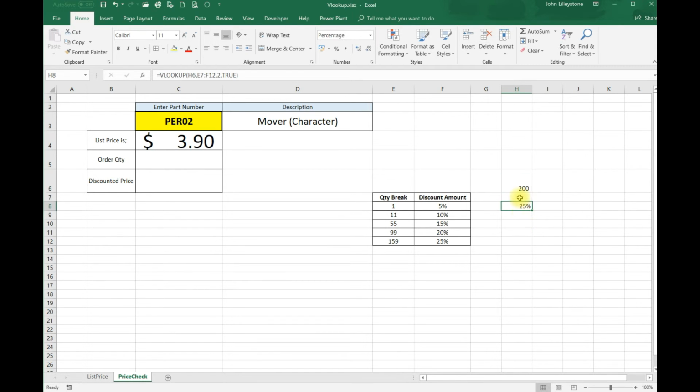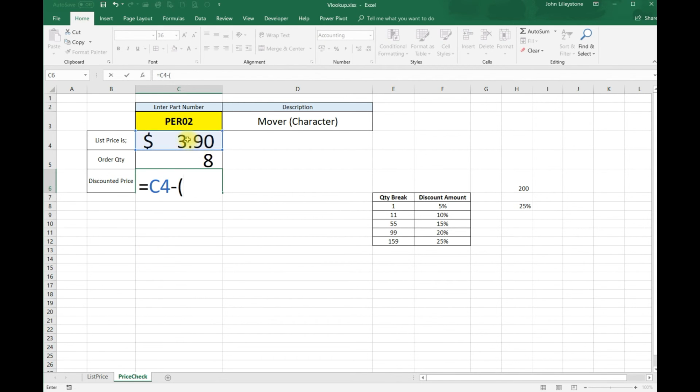Now that we know that this formula is working correctly and it's applying the right discount percent, we can actually create a formula that uses that and applies the appropriate discount. So what I want to do is enter a quantity here, so I'm going to put 8 in there, and now I'm going to create a formula here that's going to look up that quantity in this quantity break table, calculate the appropriate discount, and then take it off of that list price. So let's start our formula with equals. So I'm going to take the value in that cell minus